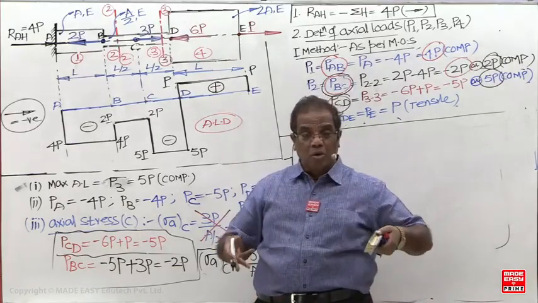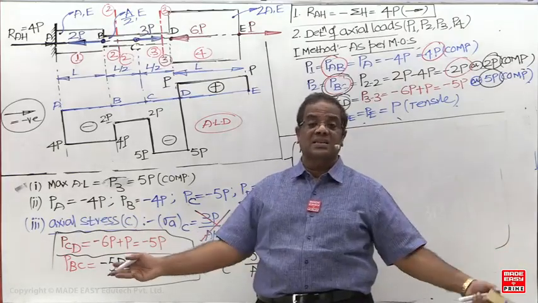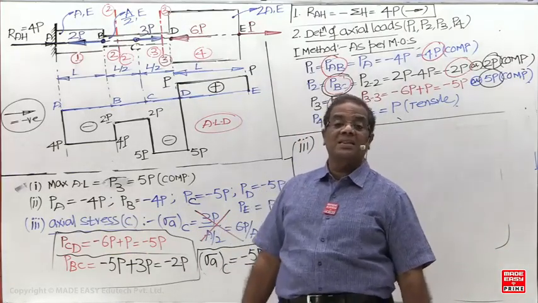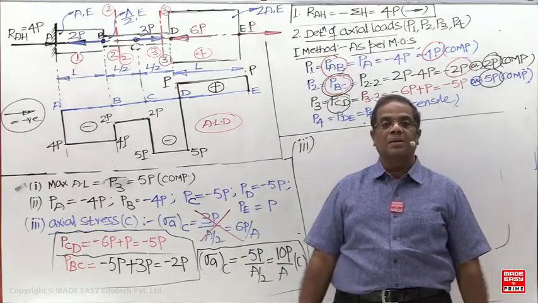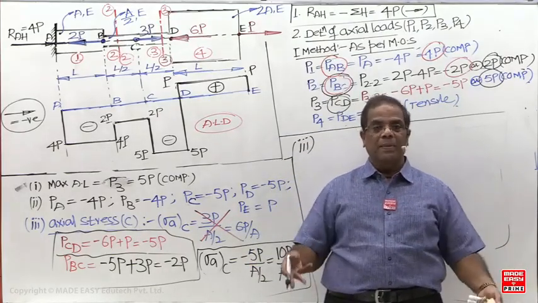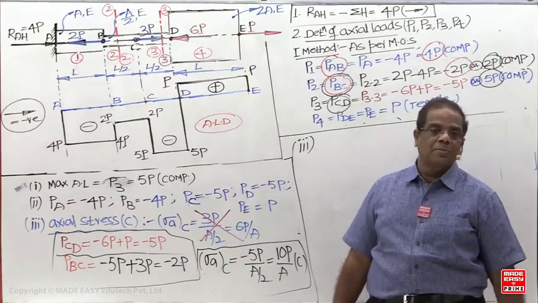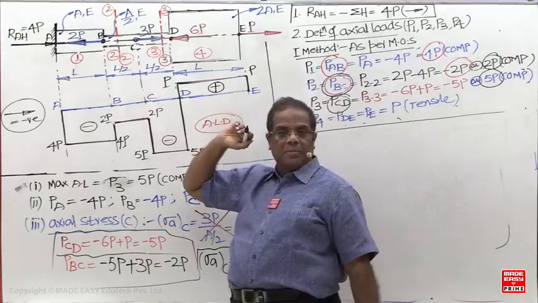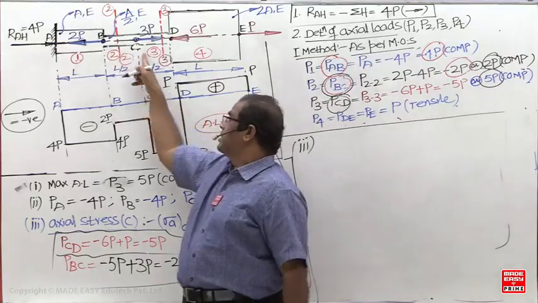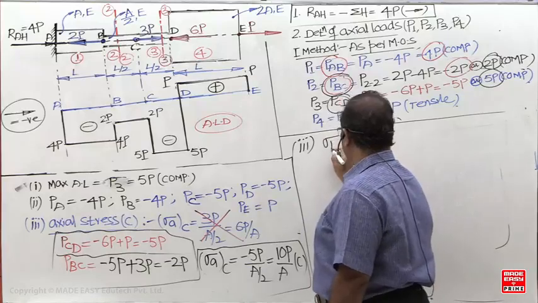Axial stress depends upon load and area. In the question, it is asked what the maximum axial stress in the bar is. So sigma equal to P by A. Axial stress maximum means load should be maximum and area should be minimum. Load is maximum in the CD member. Area is also minimum in the CD member. Area is also minimum in BC, but load is not maximum. Therefore, directly the maximum axial stress will be